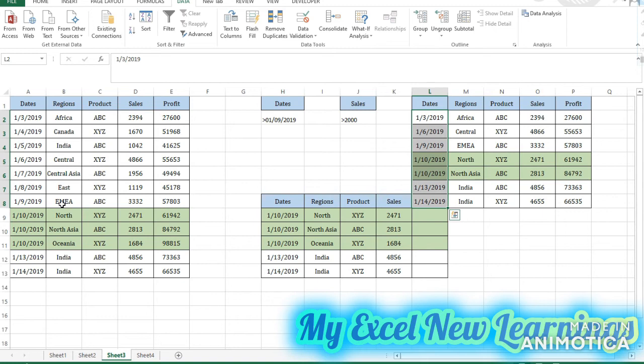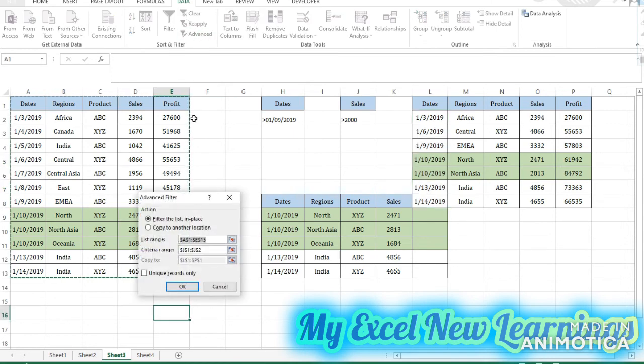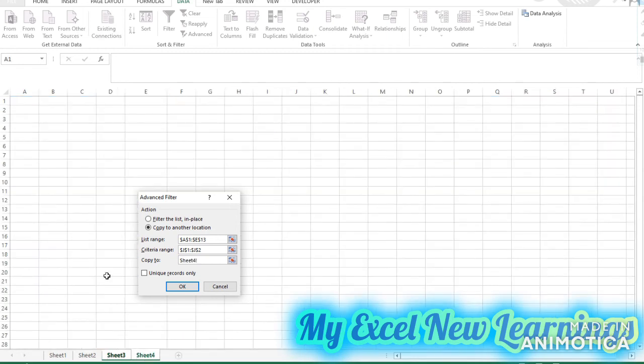So here there is one disadvantage. When you want to pull the data to the other location, the sheet should be active. So for example I will show you. So we are in the data and I click on the advanced filter and the range is selected. So this is my criteria. So now I want the data to be pulled to the other sheet, like sheet number 4.